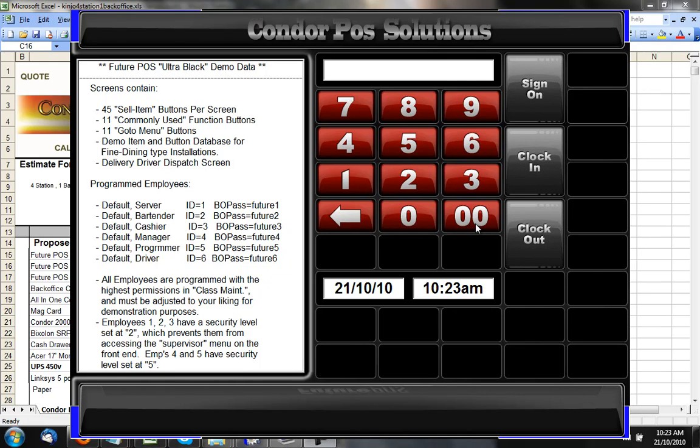So we have Future POS here. This is the main sign-in screen for all the servers, managers, bartenders, anyone who's using this as a clock in and clock out punch clock as well. On the main screen here we have our sign-in keys where we can manually enter our clerk number and then sign in, or if you have a swipe card reader you can simply just swipe in and it'll bypass the